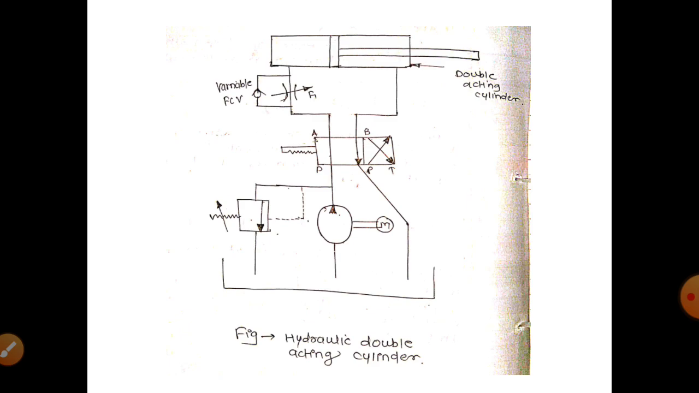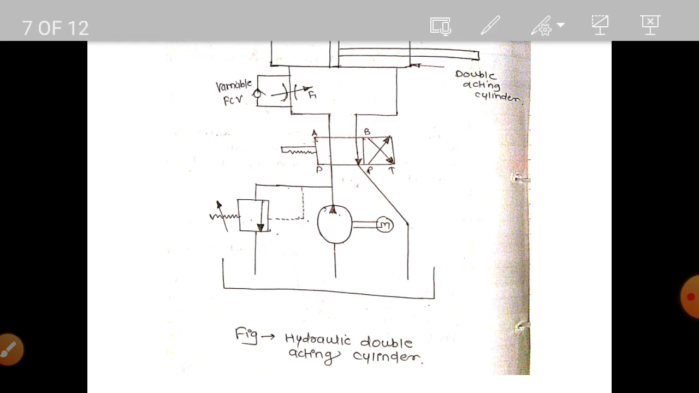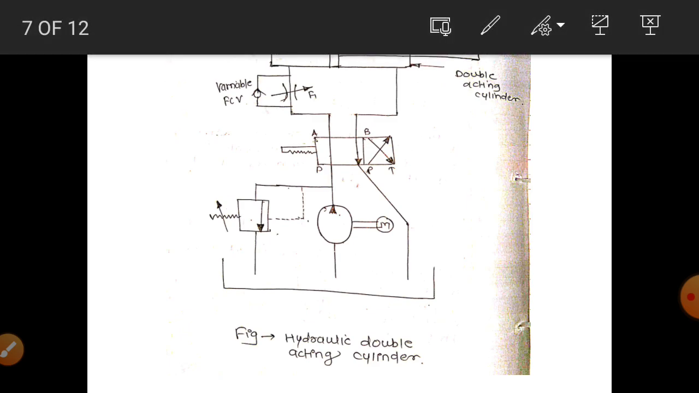So all of you see, this is a circuit diagram of a speed control circuit. In that, this is a reservoir, this is a pump, and this is a pressure relief valve. We can use a 4x2 directional control valve here. After that,